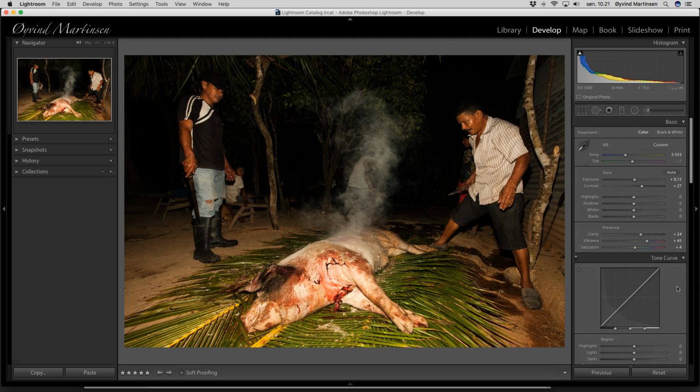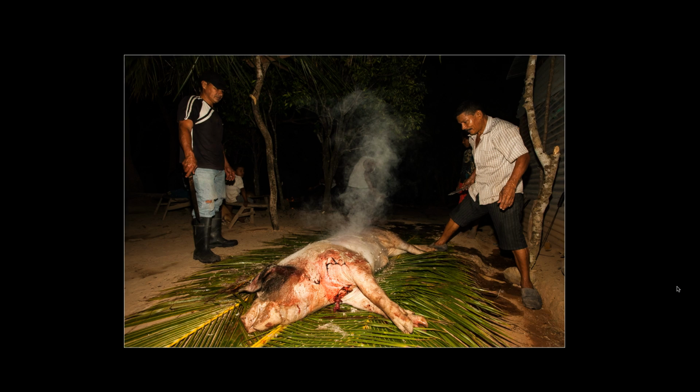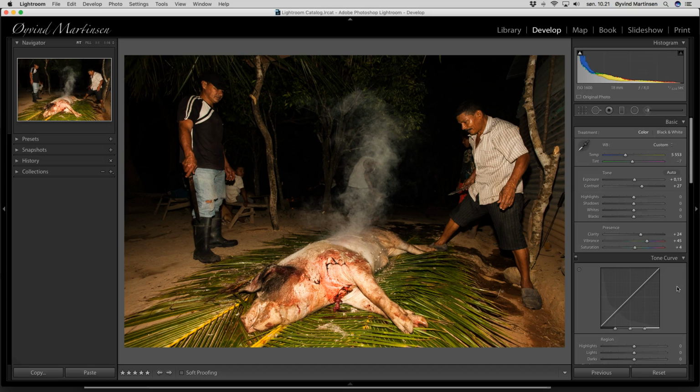We press the L button on the keyboard 2 times, and we darken the area around the image. Not so bad. And I press the L button 1 more time, I go back to normal. And we take the next image,